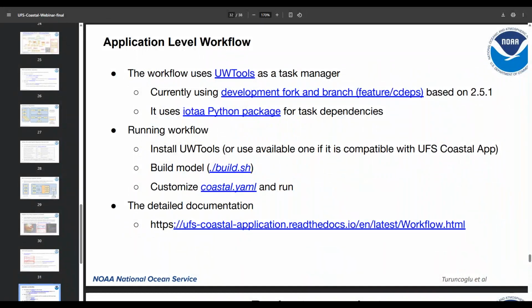Running the workflow is simple. It's using UV tools. Once you install UV tools, you just need to build your configuration with some top-level build script, and then there is a single YAML configuration file that needs to be customized for your own needs. At this point, the data ATM SCHISM configuration just requires the SCHISM